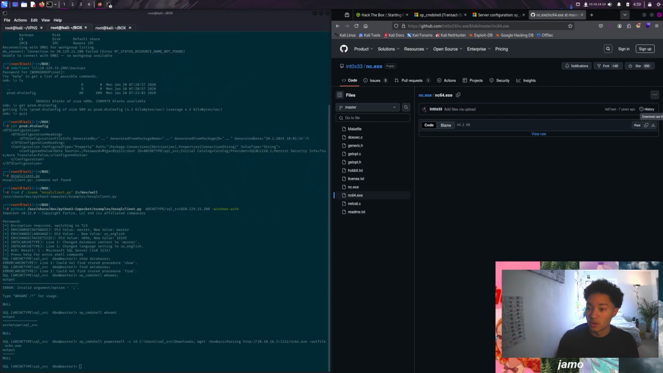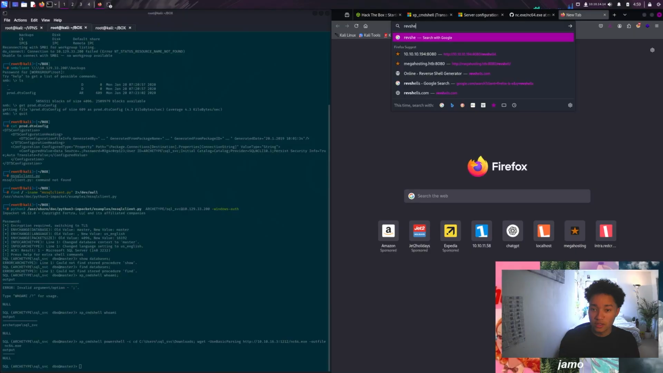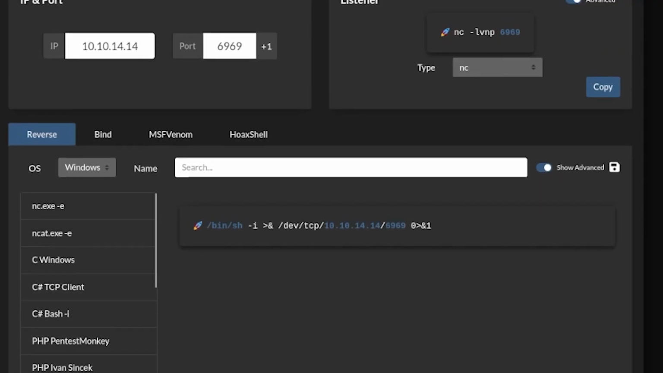That means we now have netcat on our machine, on our SQL server rather. So what we can do now is we can go to rev shells. I visit often. Yes, I do visit often. And from there, we can do